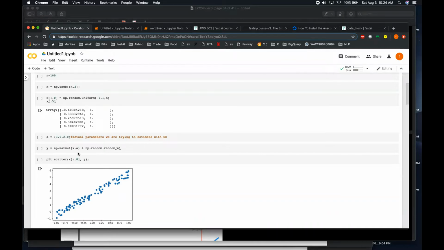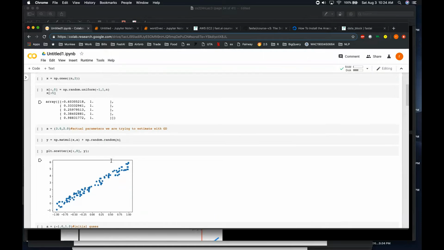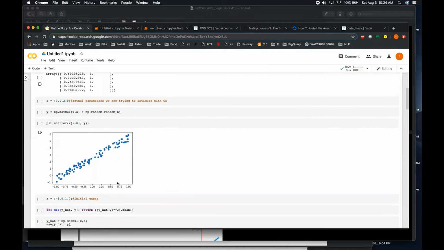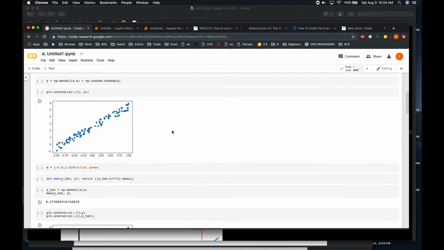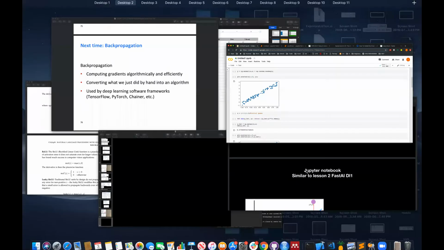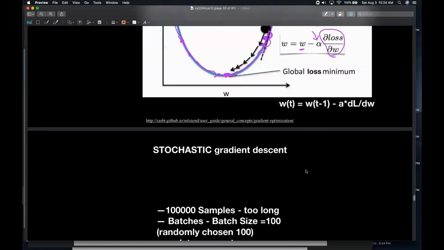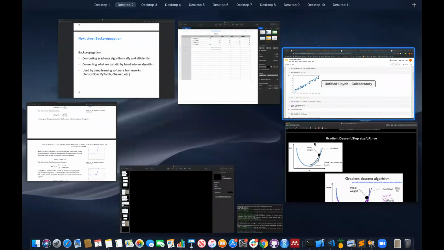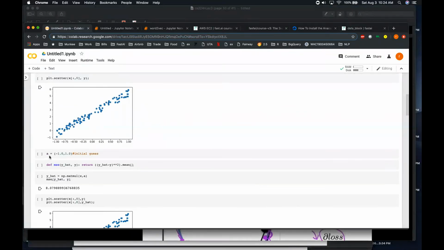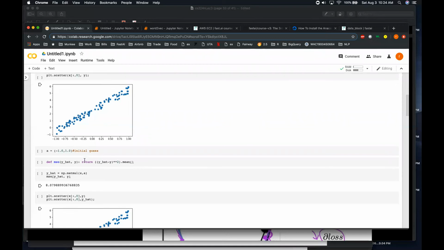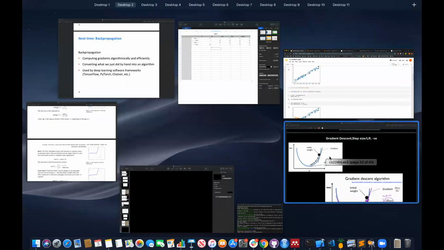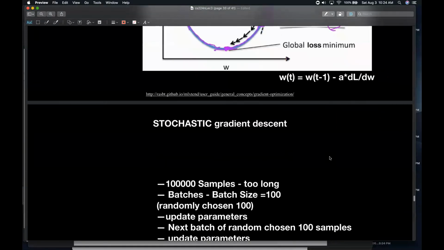Do a matrix multiplication between those two, add a little bit of random noise, plot that, and this is what you get, which makes sense because you're plotting y is equal to Ax plus b with a little bit of random noise. So now if you go back to this, we made an initial guess over here, which put us at a certain loss. So let's make that initial guess A equal to -1 and 1. That's your initial guess. And we'll define our loss function here to be MSE, which is mean squared error,